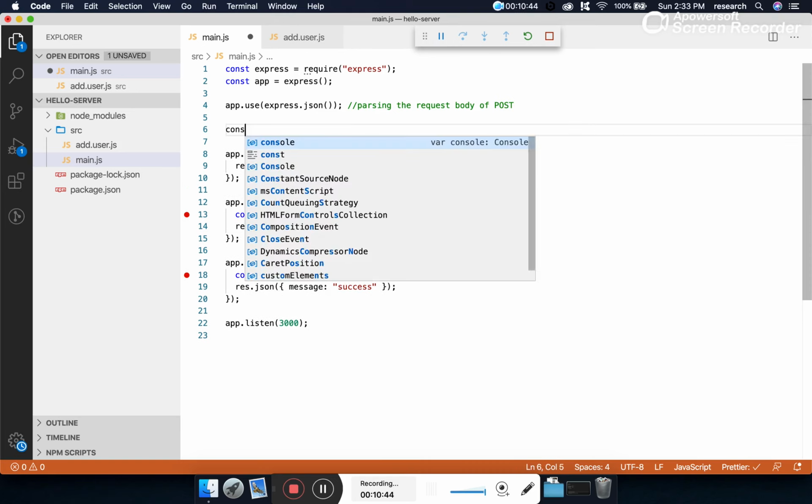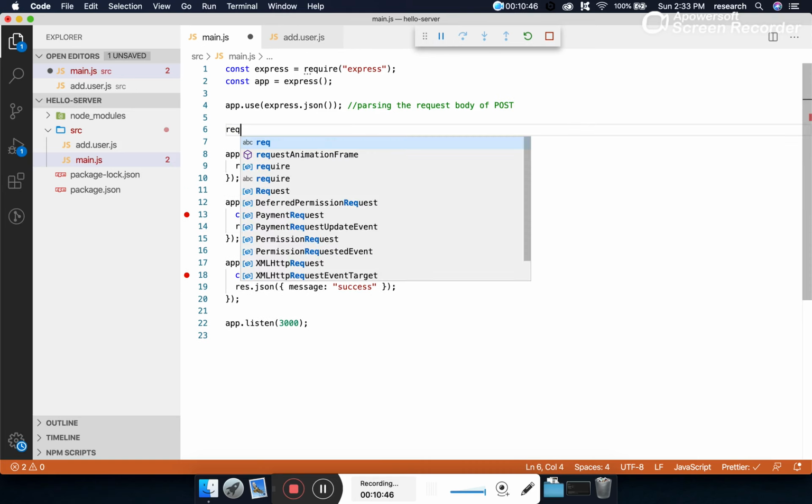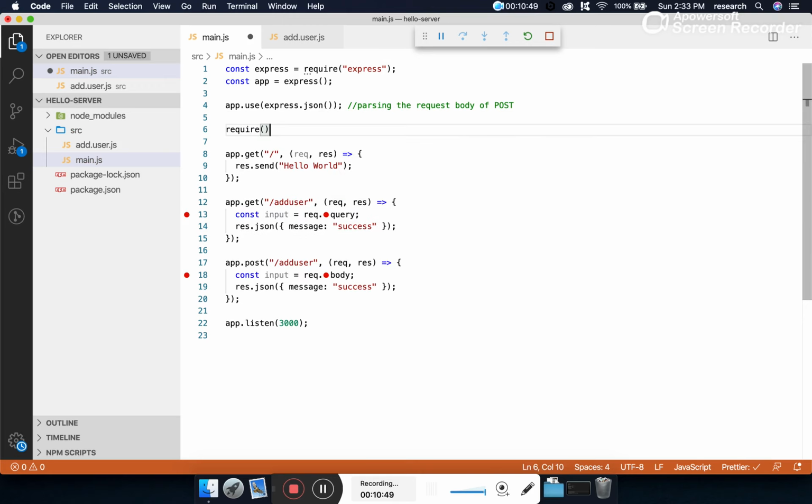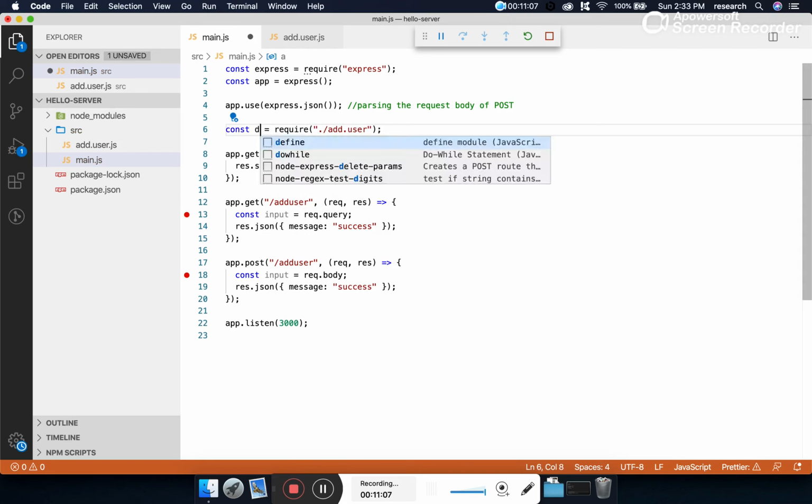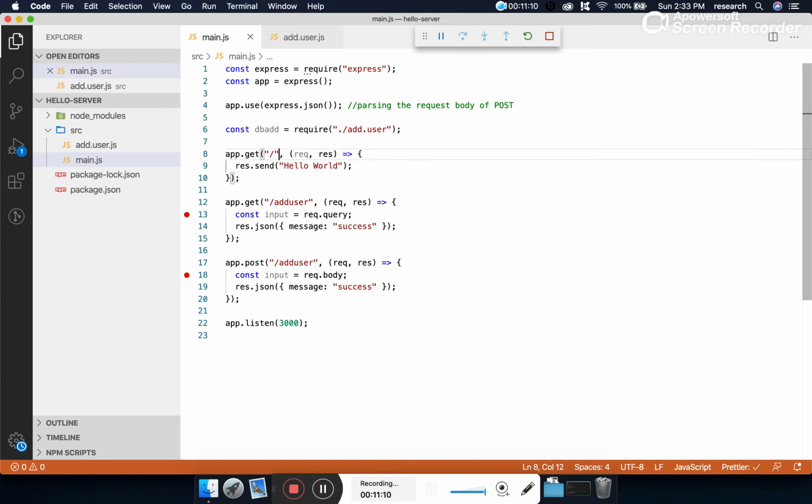We have to import this module with const, using the require keyword, and since it is a local module, we use ./addUser. Let's suppose I'm calling this my db module, const dbAdd.